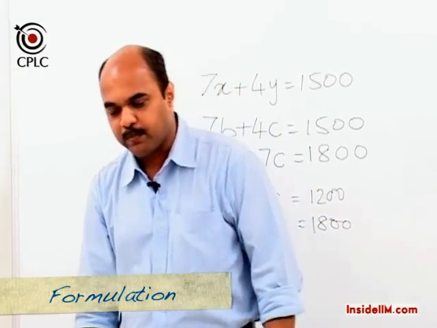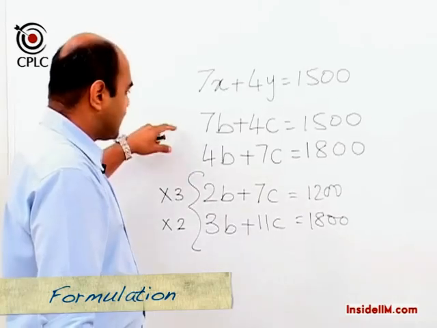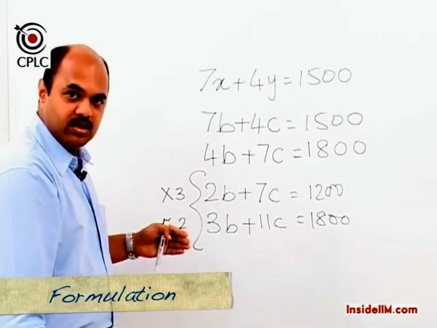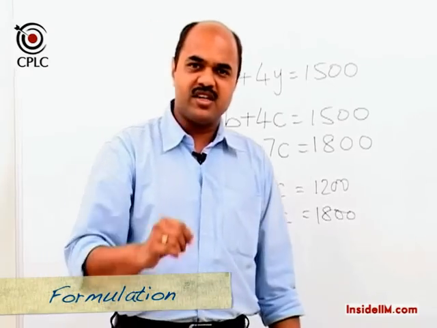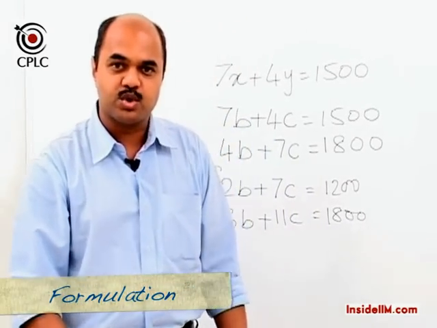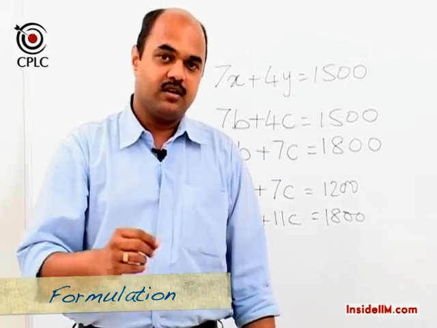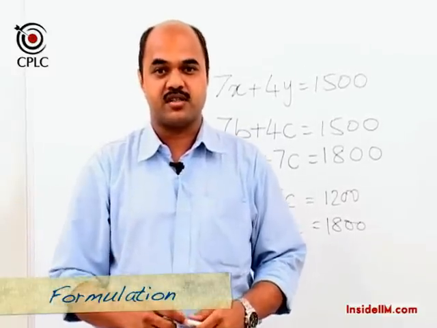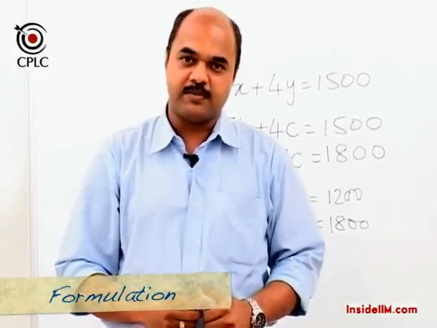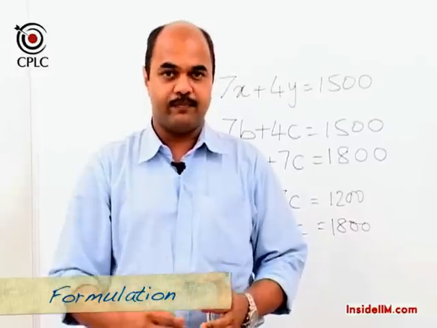Let's move on to the third point. In both the examples that we took, we used two variables B and C. But is it always necessary to use two variables B and C, or two variables, whichever those two may be? It's not always necessary. It depends on the example. So let's look at another example.